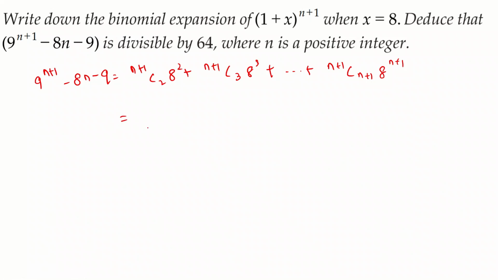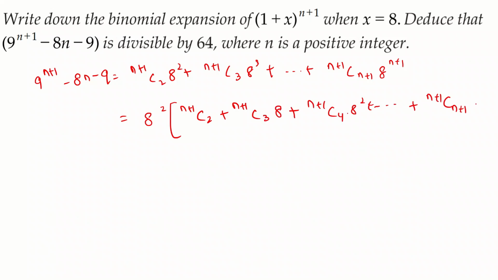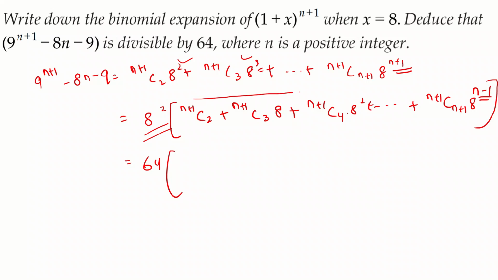So what I can do now, I can take 8 square common, so I will have n plus 1 c2 plus n plus 1 c3 into 8 plus n plus 1 c4 into 8 square all the way up to n plus 1 c n plus 1 8 to the power of n minus 1. So try to make yourself understand, because I've taken 8 square common, so from each and every one of these terms the power of 8 will get reduced by 2. So similarly at the end, n plus 1 minus 2 gives us n minus 1, and this 8 square is actually 64, so I get 64, and this entire thing